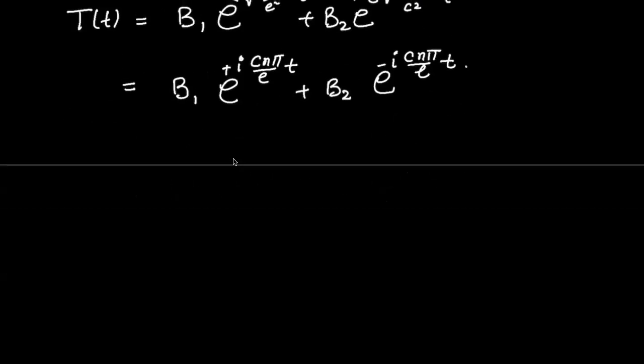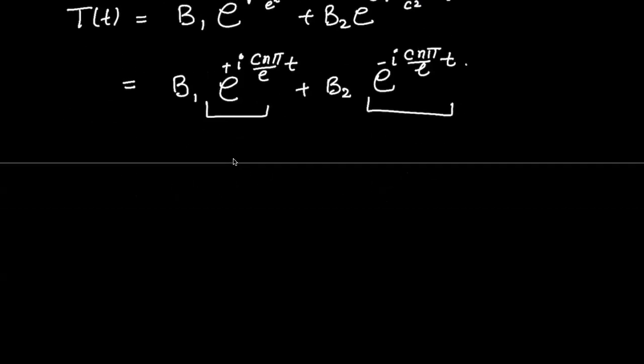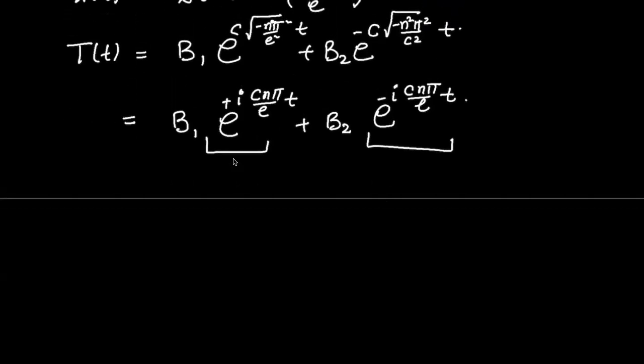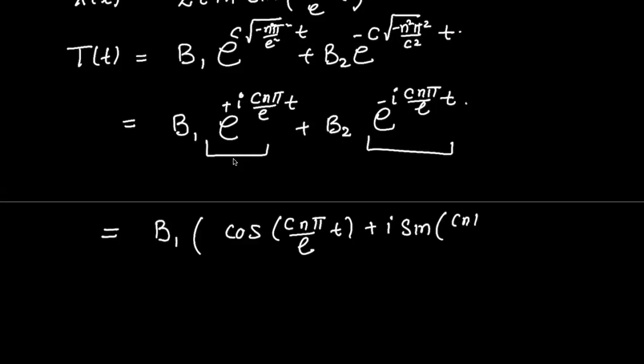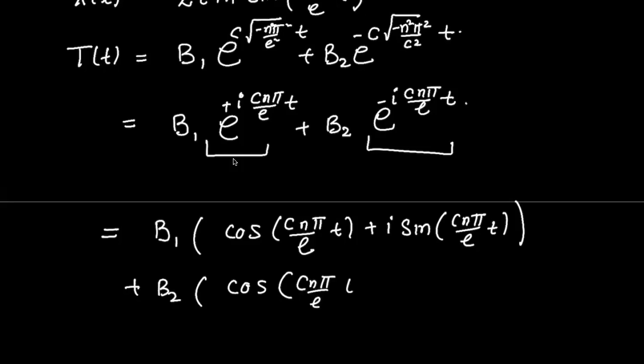So what I can do is turn that thing into sine and cosine also. Let's not have the complex exponentials and turn everything into real. We really don't need to do that at this point, but we will see that this is going to help us. So this is going to be a b1 cosine c n pi over L t plus I times sine c n pi over L t, and this plus b2 cosine c n pi over L t minus I times sine c n pi over